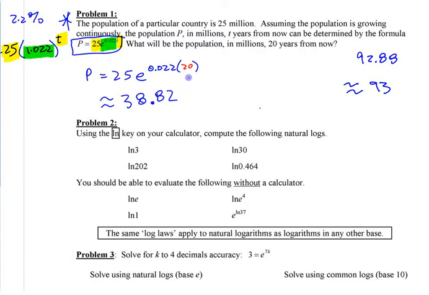Like if you measure when it's exactly 25 million, first of all, you couldn't measure it to exactly 25 million. And it's not going to be 38.82 million 20 years from now. It's a prediction, right? In reality, this would be a prediction. But in Math 12, we got to do 2 decimals. So put that down if you can. Like in reality, if we're only measuring a couple digits here, you can't go all those digits here. But whatever. Anyways,